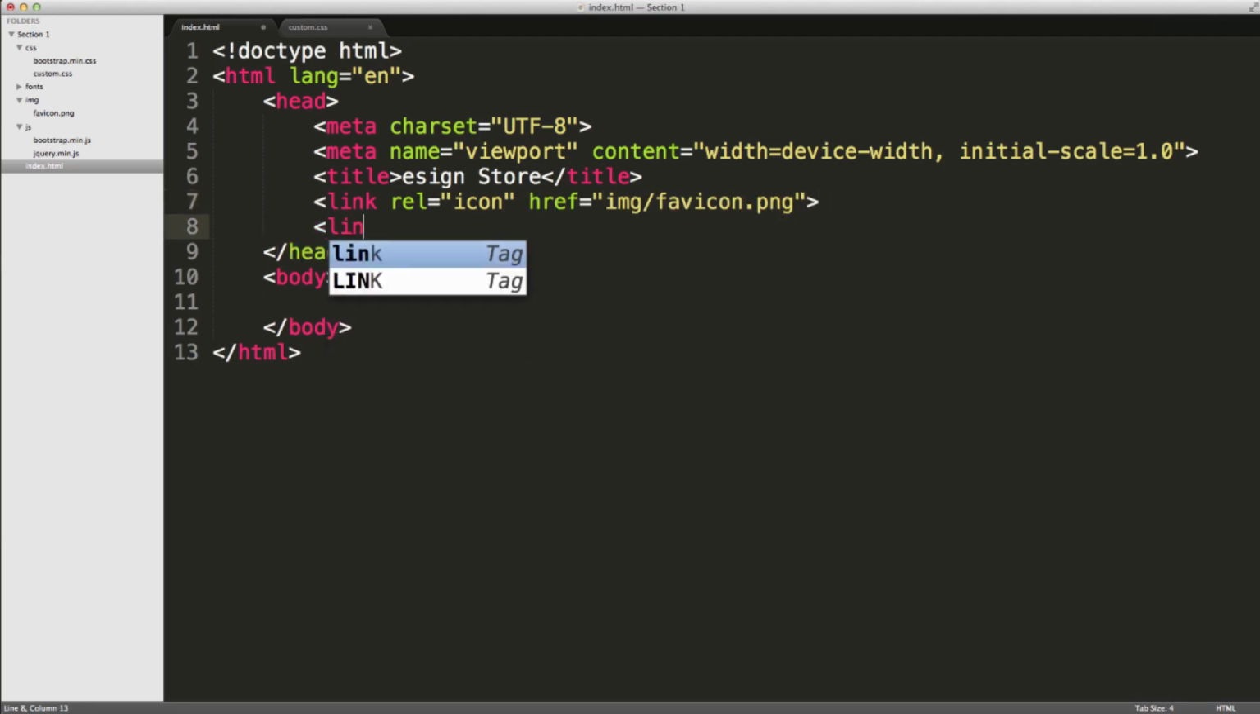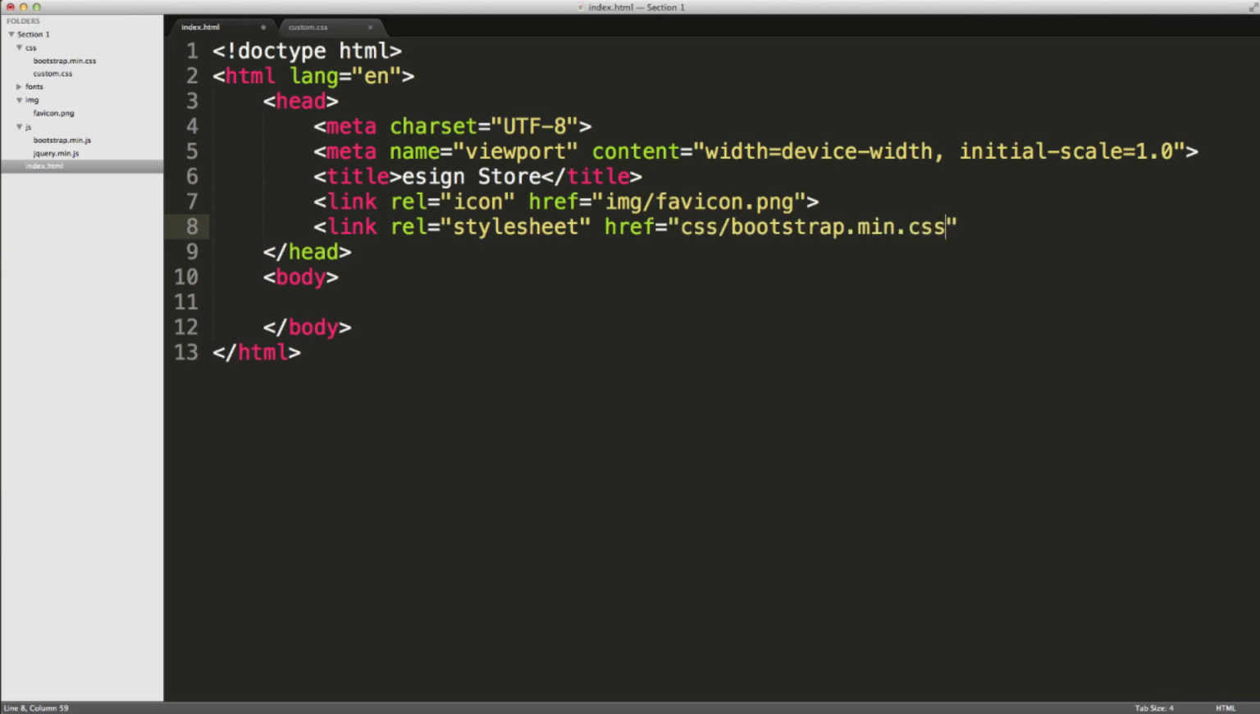Now I'm going to include the Bootstrap CSS, so rel equals stylesheet, href equals css/bootstrap.min.css, close that off, and also going to be including our own custom CSS file,